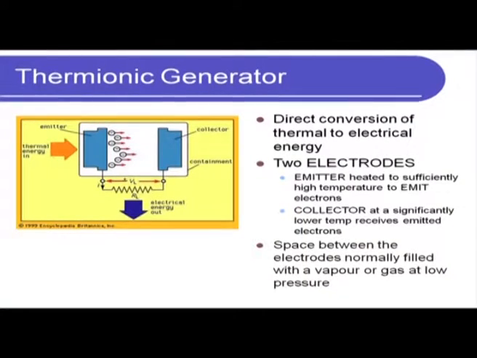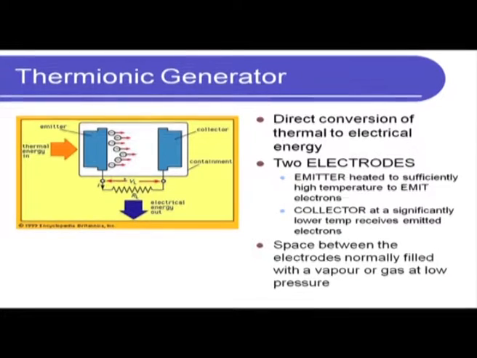Remember again, a thermionic generator, if we recall, is a direct conversion device whereby we can use thermal energy and directly convert it to electrical energy without having to depend on any moving parts, any mechanical conversion and so on. Okay. So, as we saw last time, just to recap, looking at this PowerPoint slide, it is a direct conversion device. It consists of two electrodes.